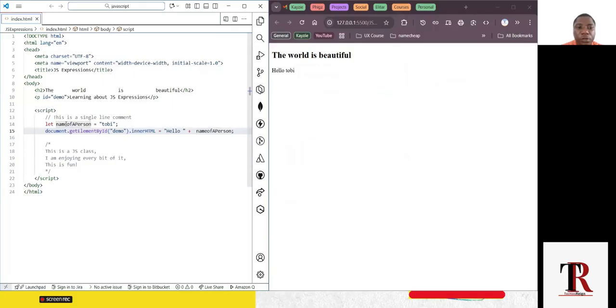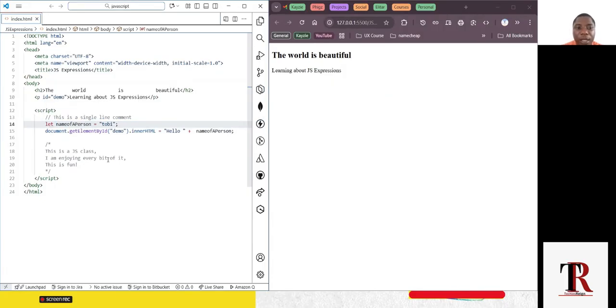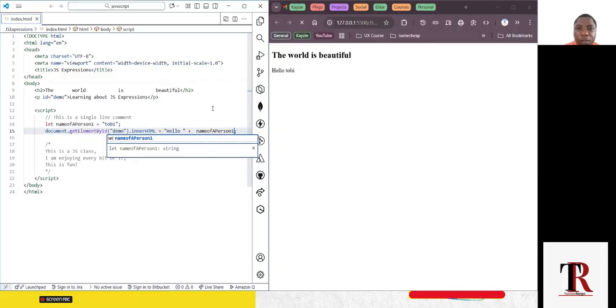Names can contain digits. So if I put one, now what happens? Let's just check what JavaScript will say. An identifier or keyword cannot immediately follow a numeric literal. Now, if I put that number at the end, let's check. You can see that by the time I add one to this, it becomes a valid way of